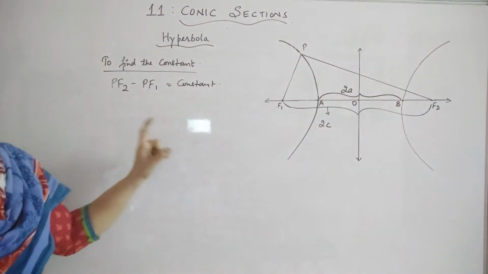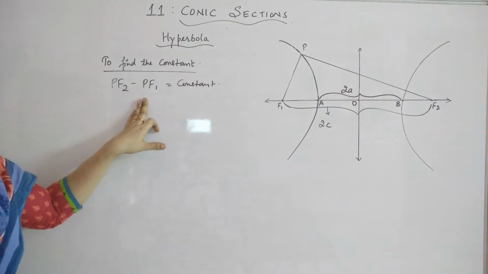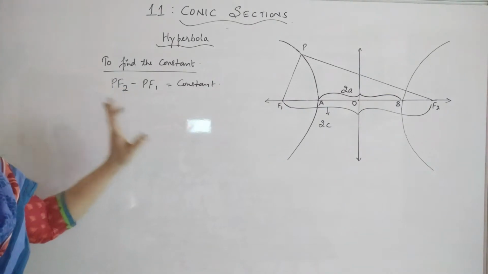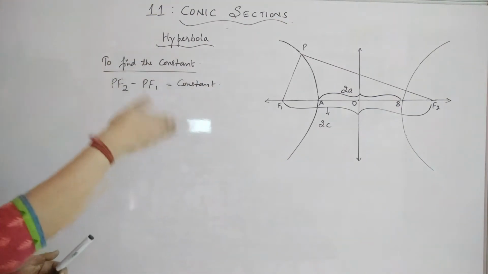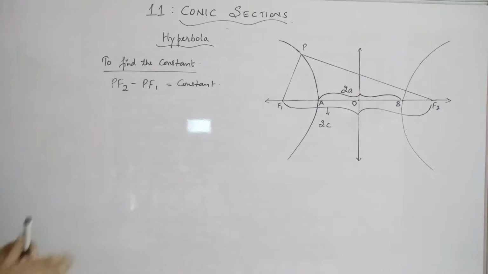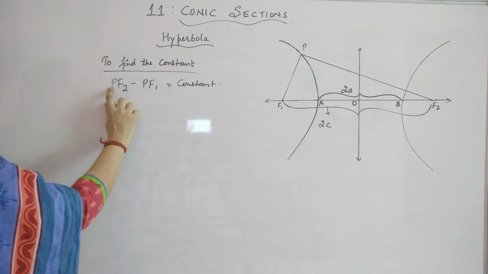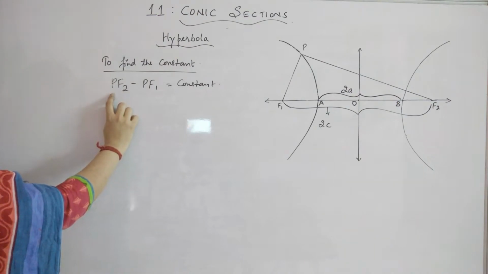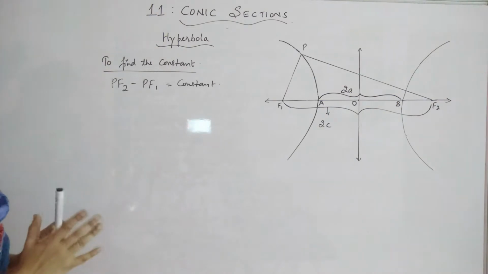So those 2 points A and B should also satisfy the same condition. So we are just replacing P with A and B. P is assumed as A and B, which are also lying on the same hyperbola, so they are satisfying the condition. That means that quantity, using A and B instead of P, should give you the constant. So both can be equated also, right?